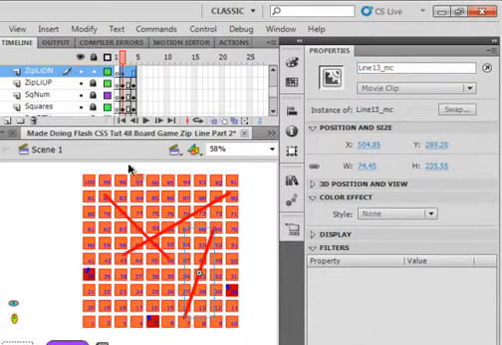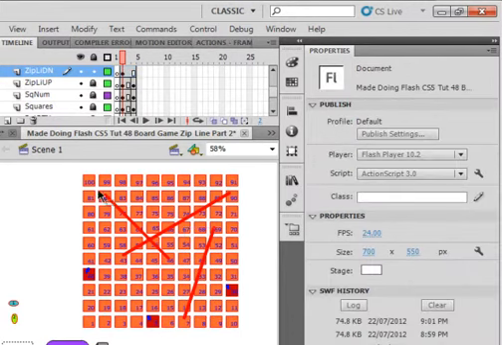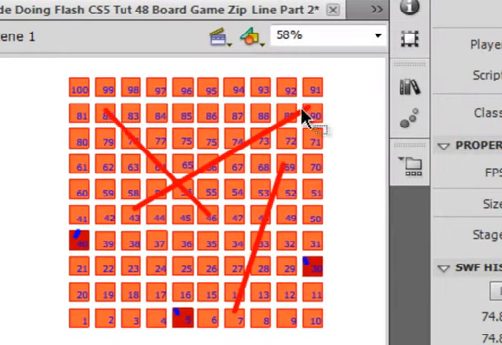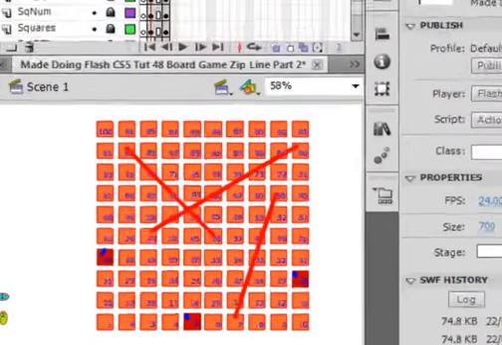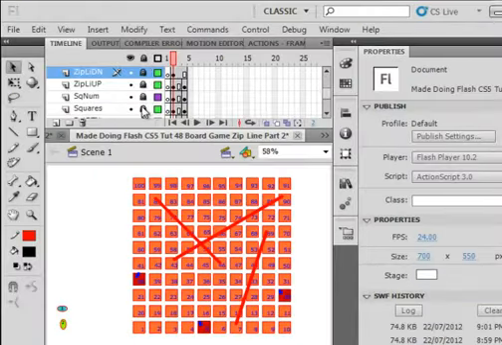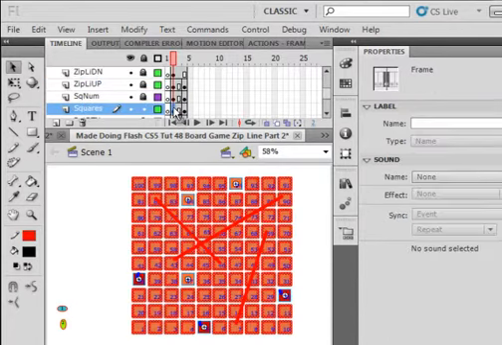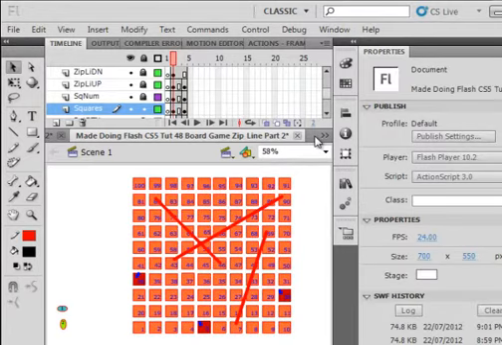Okay, I now have, if I look here, a line 11 underscore MC, a line 12 underscore MC, and a line 13 underscore MC. And while I have this, I know I'm going to need these blocks, so I'm going to make those blocks movie clips. So lock all the layers, unlock the squares layer, select that frame 2 of the squares layer. There's my other movie clips, and start here. I'm going to make it a little bit bigger,